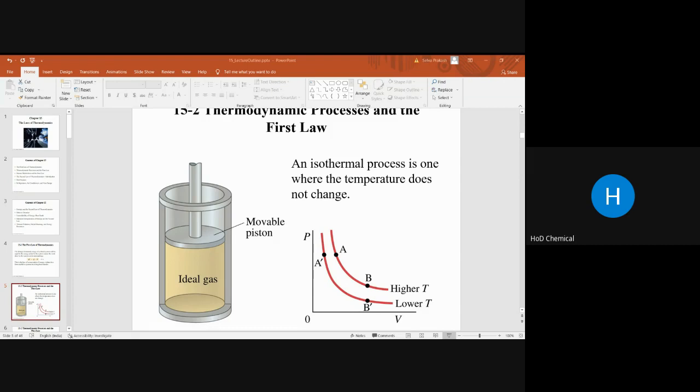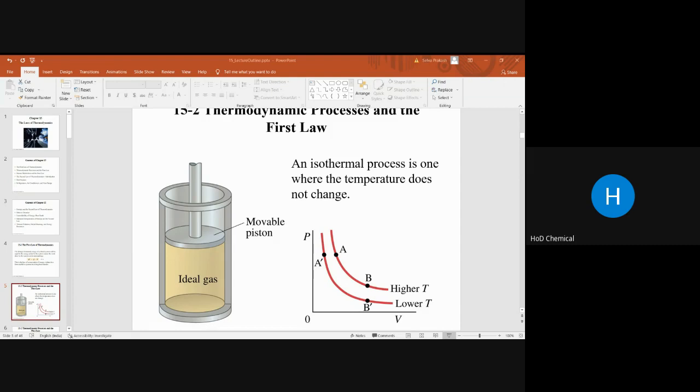Now there are some points. VA means the process starting point, and VB means the process ending point. So the isobaric starting point, and B is the ending point. We can study the three processes with one simple process. We can simply understand the three processes by using one graph.